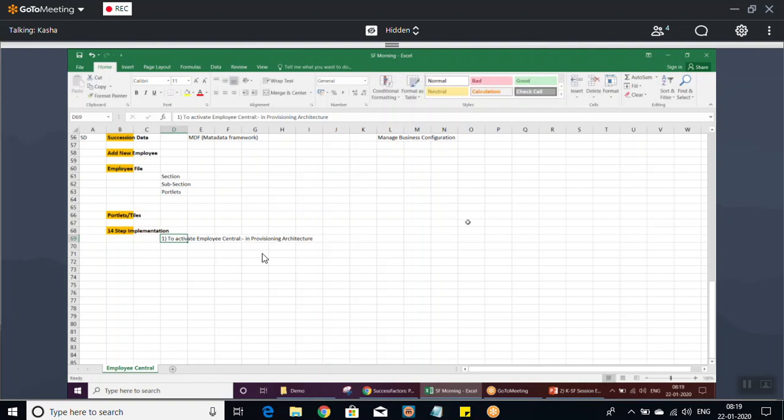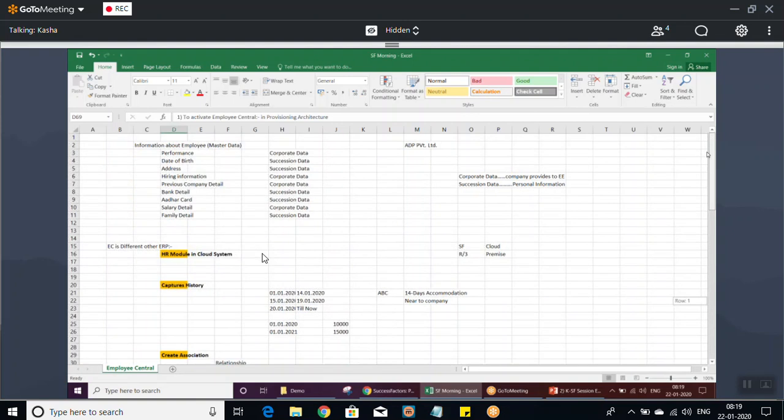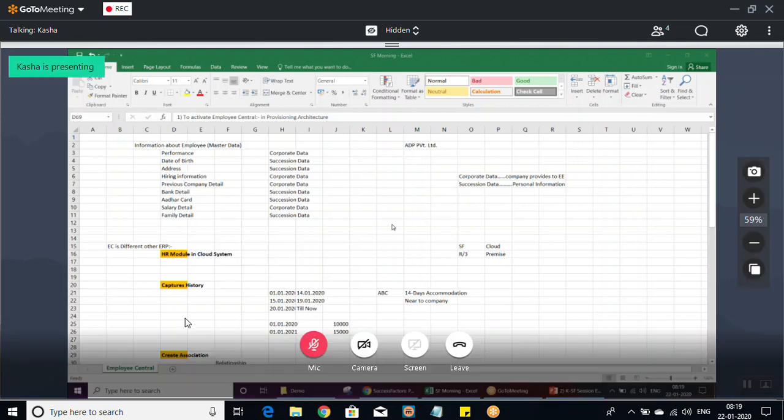Okay, there are two architecture teams. I think I have already discussed that with your team, but what are those two architectures? Yes, team. Can somebody tell? Yes, instances and